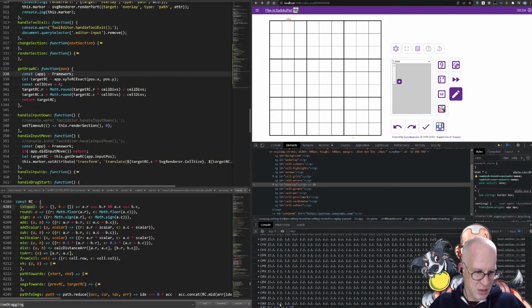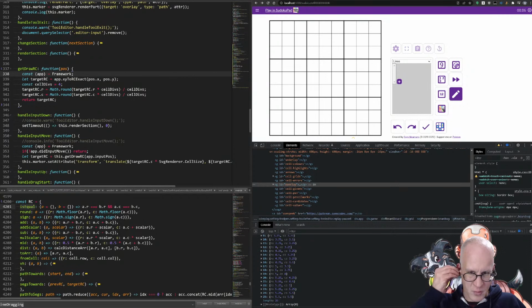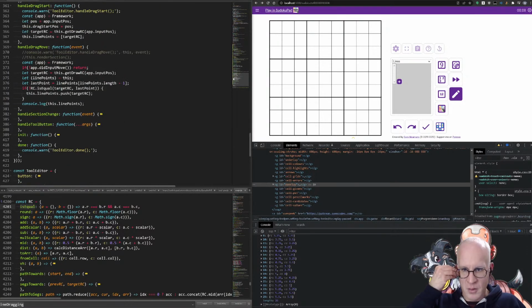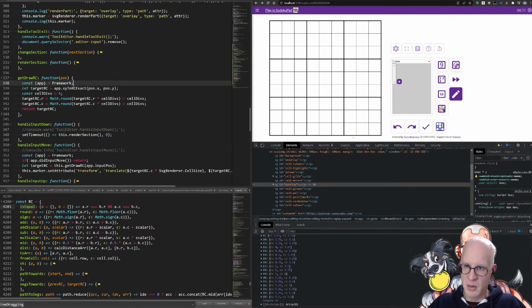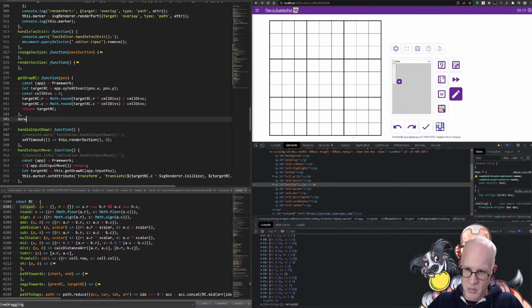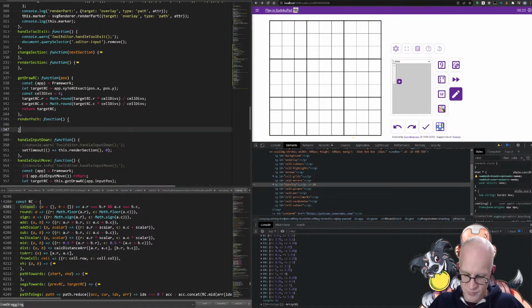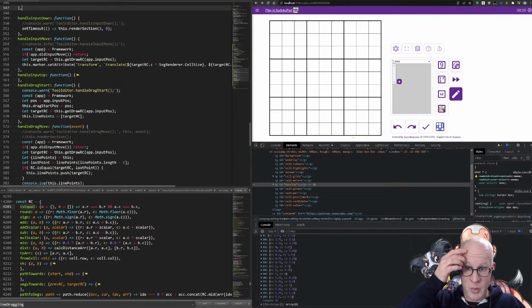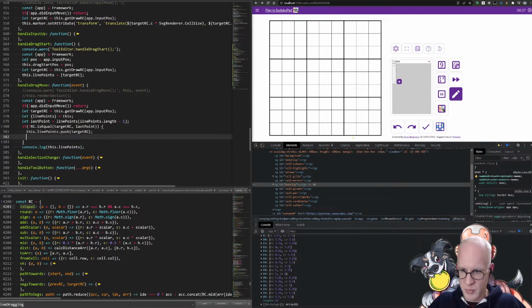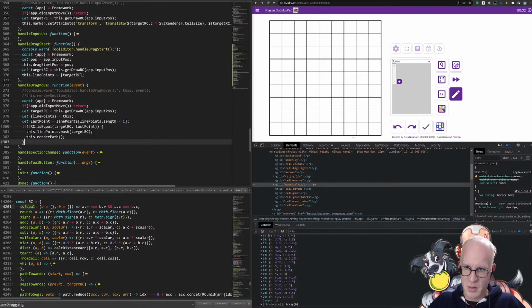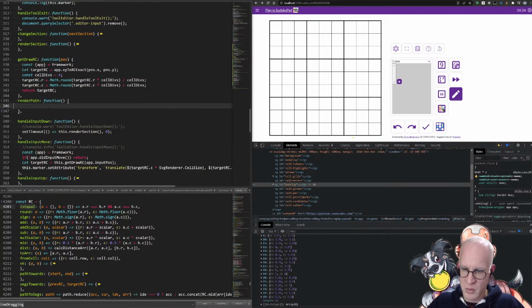And that basically keeps putting these points onto the list. And then we just render this line. Draw or render path. Right, and then every time we add a point, we'll do this dot render path, and then this dot render path, we do